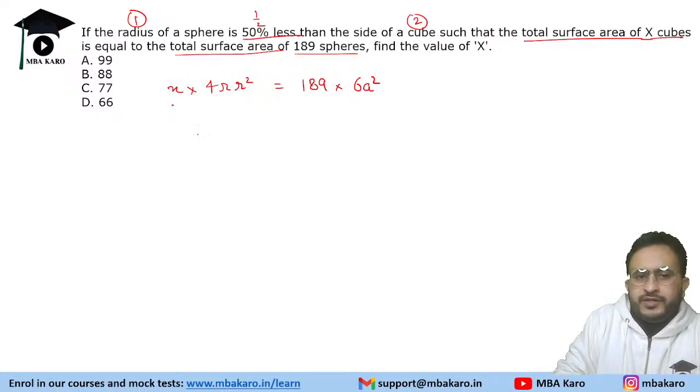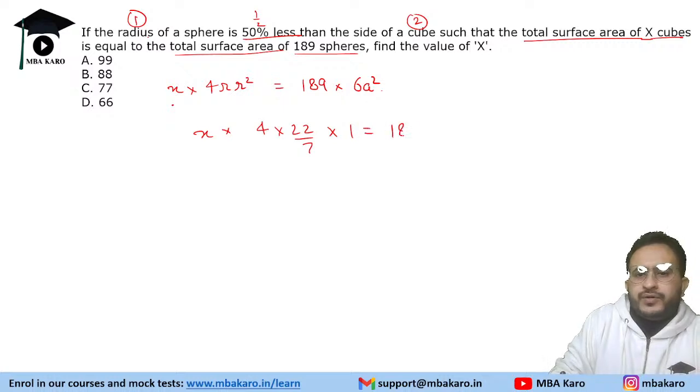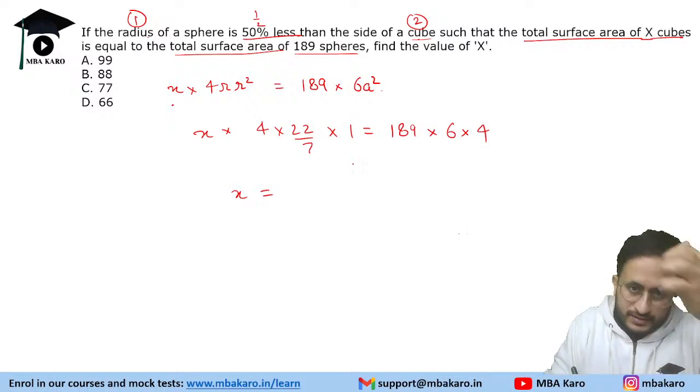So just put the values. Pi we will have to use the value because there is no pi on the other side. And r we have taken 1, so that is equal to 189 and 6a square, 6 and a is 2, so 24. So we'll get x equal to,